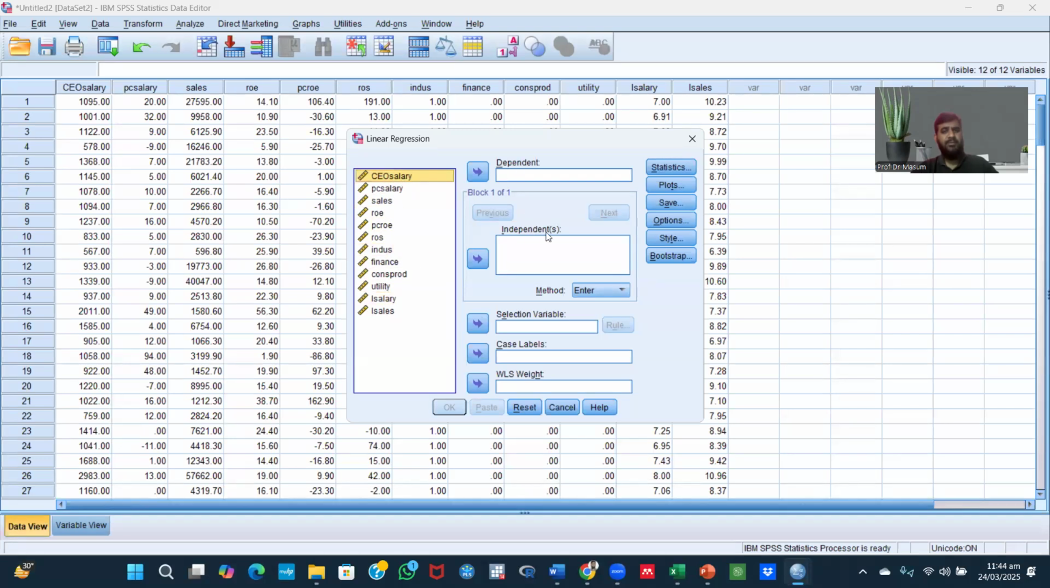Then we will choose the dependent and independent variables. Which one is the dependent variable here? Sir, except CEO salary, everything is independent. Good. We will use CEO salary as the dependent variable, and when we use CEO salary,